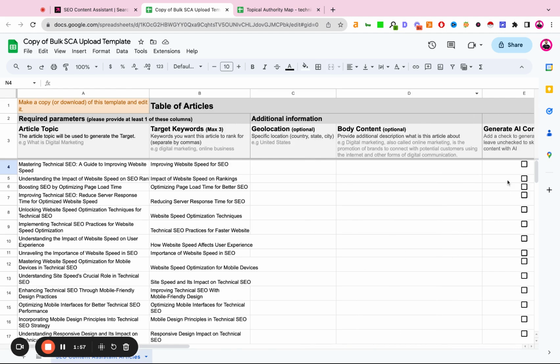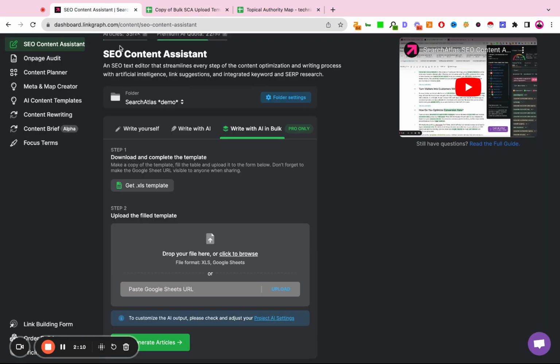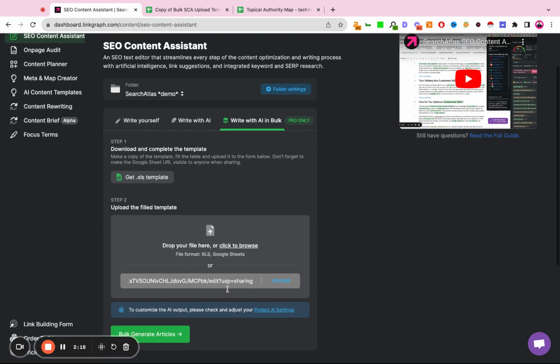But once you fill in your spreadsheet and you select the items that you want created, you essentially just take that URL and just make sure it's publicly shareable. You simply take that URL and then you go to the SEO Content Assistant, Write with AI in bulk, in the folder for the account that you're trying to do this in, and you simply paste in your spreadsheet